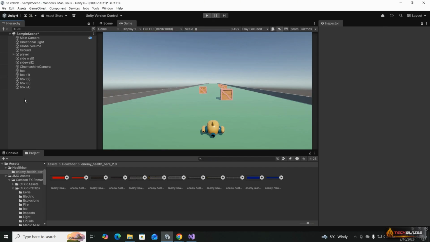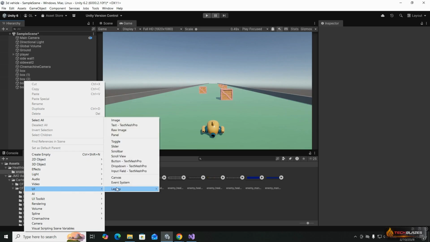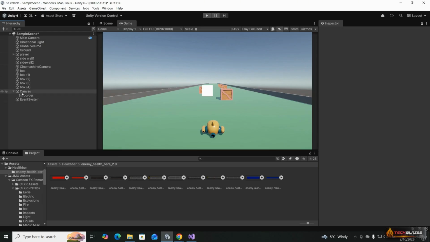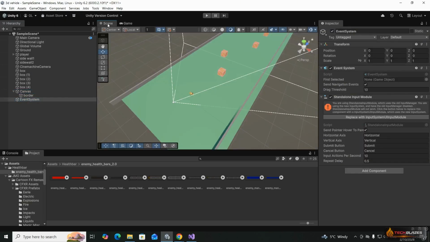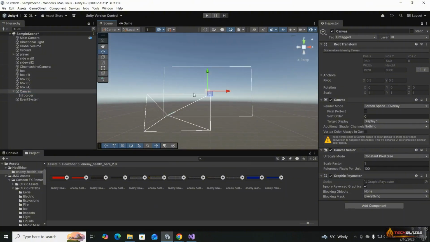Okay, now to create UI, I will right click on the empty space, find UI, and create an image. Okay, and I will rename this image to border. When we create a UI element, it creates a canvas and an event system by default. If we go in scene view, select canvas and hit F, we will see this canvas panel, and we will store every UI element in it,